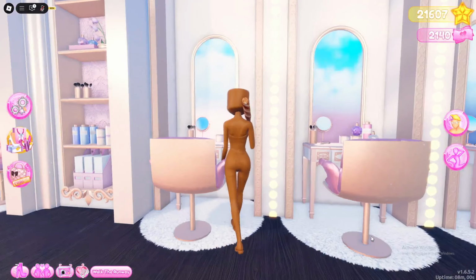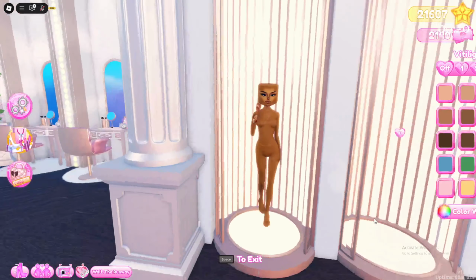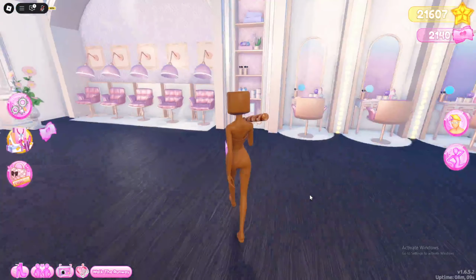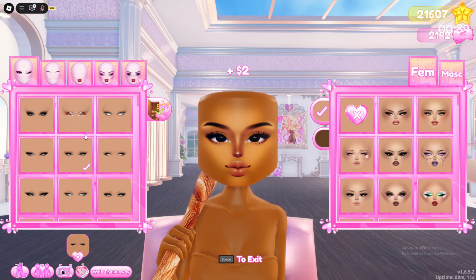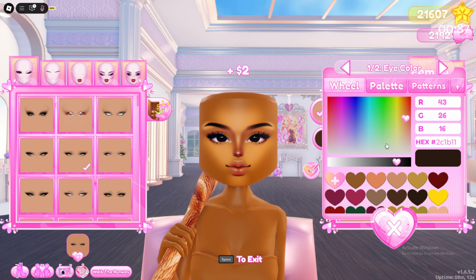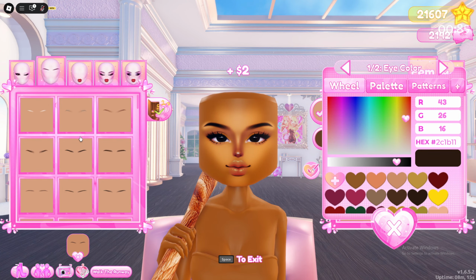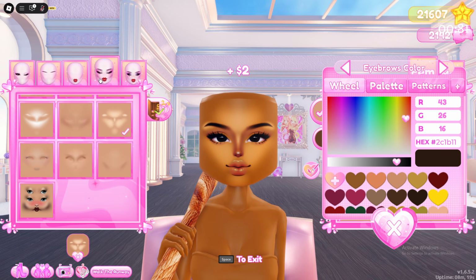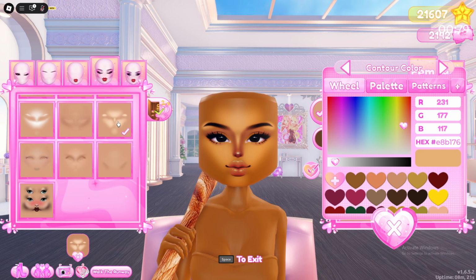So here's what I used. Let me just do the skin tone first. This is the hex code that I used, 915827. And for the custom makeup, I chose these eyes in this color. And then I chose these brows here on the very right. Then for the contour, I did this in this color,